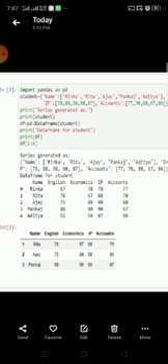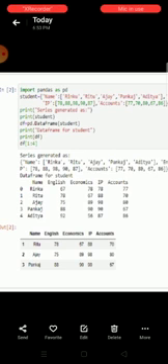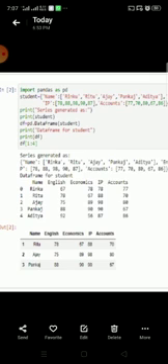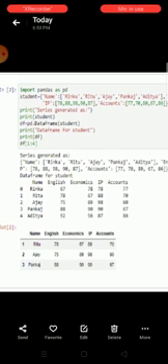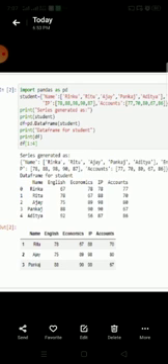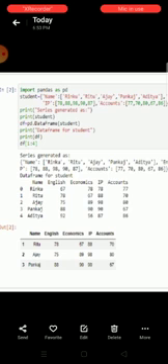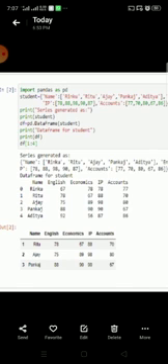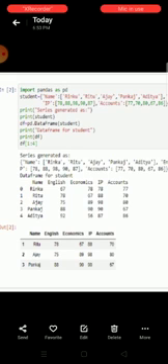Now next print df. In df, the last df you see 1 colon 4. It means it will start from 1 and end with 4. So in 1, according to index value, on the 0 position Rinku and the 1 position is Ritu. So starting position is 1. So Ritu details is coming now.